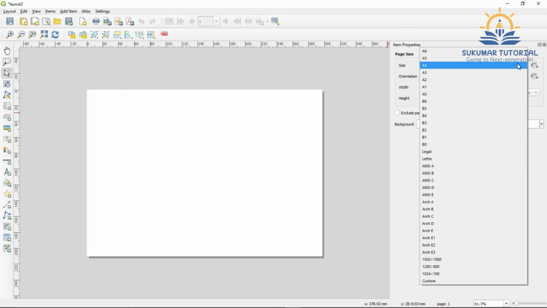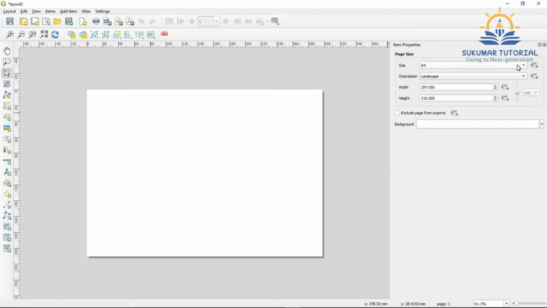Since we are going to make a layout in A4 size, I made it A4 size. Then it can be either landscape or portrait. So I'm using landscape as it is. So this is how you have to click this white portion to get these options.